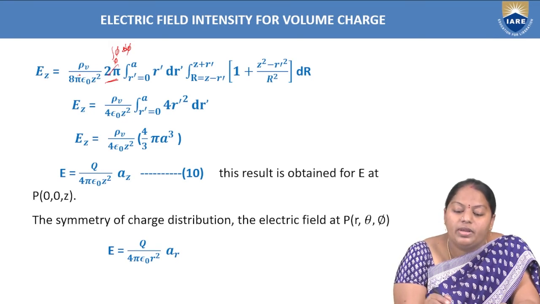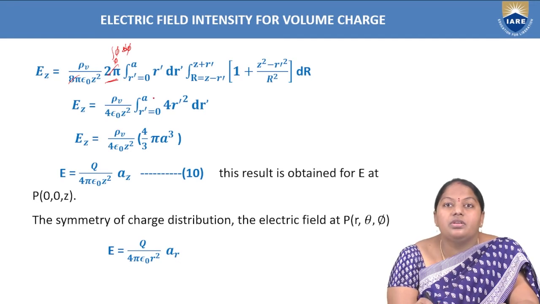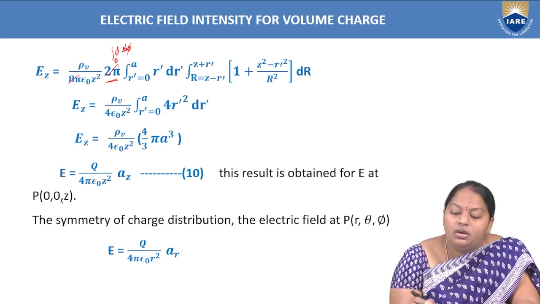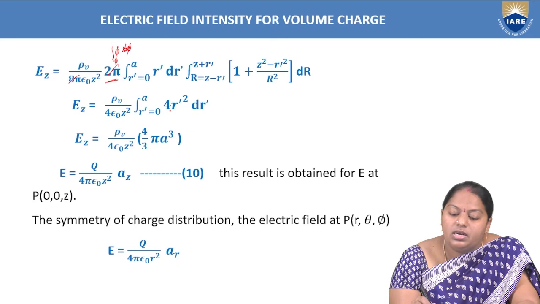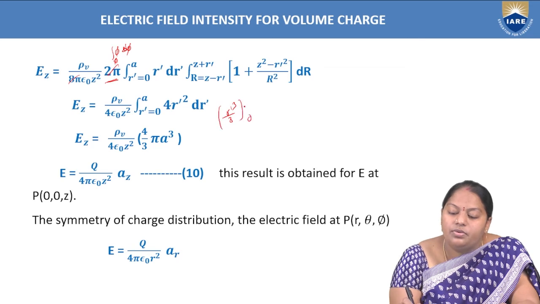So 2 pi, this 8 pi gets cancelled. Hence rho v by 4 epsilon naught z square, integral r dash equal to 0 to a, 4 r dash square dr dash is left out. Now consider this 4 as outside. Then the integral of r dash square is r dash cube by 3. If we substitute 0 to a, then a cube by 3 is left out. So rho v by 4 epsilon naught z square into 4/3 pi a cube. What is 4/3 pi a cube? It is the volume of the sphere. Hence, we just replace 4/3 pi a cube by